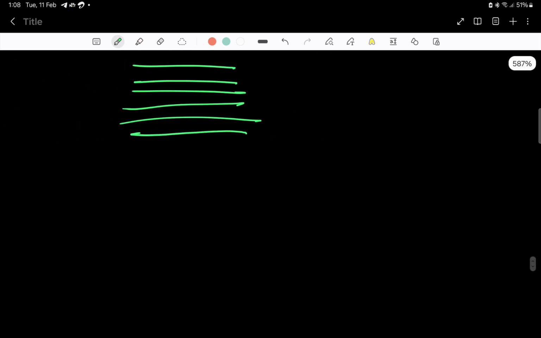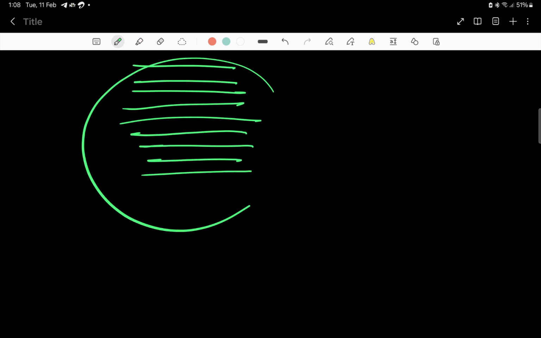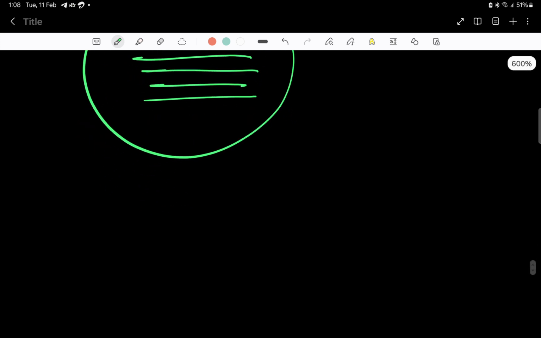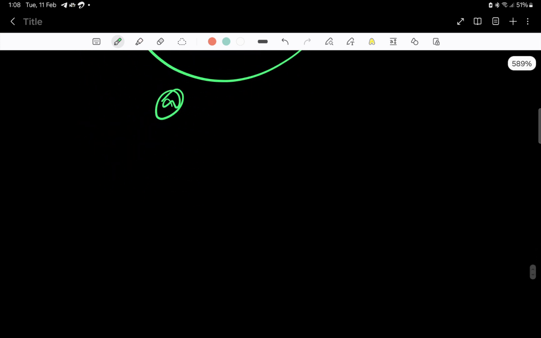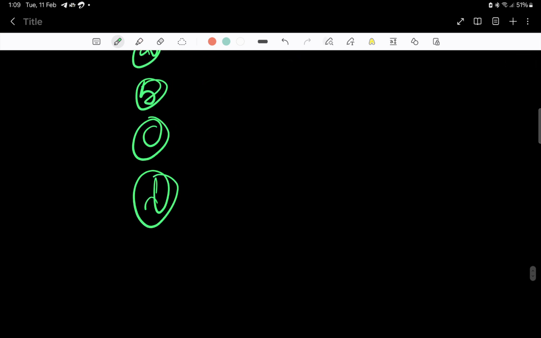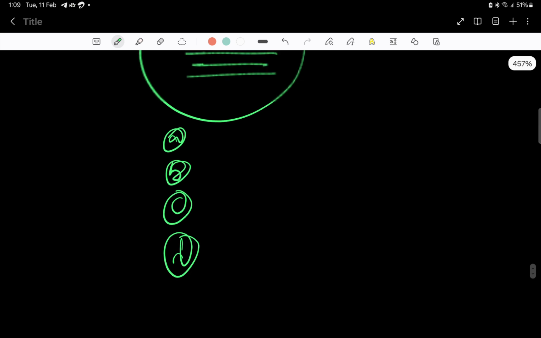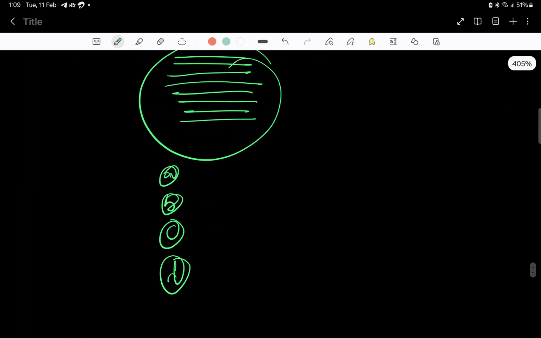This is your CLAT passage. The CLAT passage will be like this, and you will have four options. In these four options, this is your CR passage, and what you need to do is